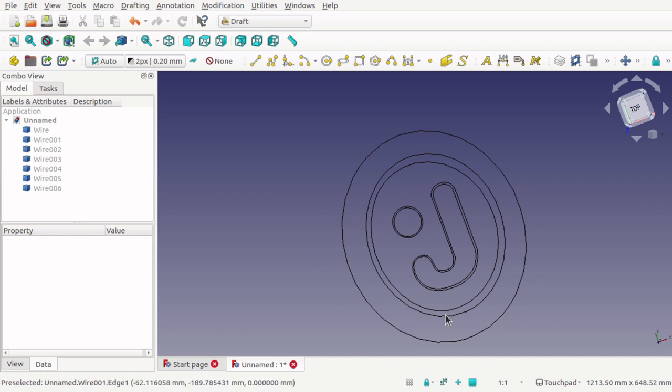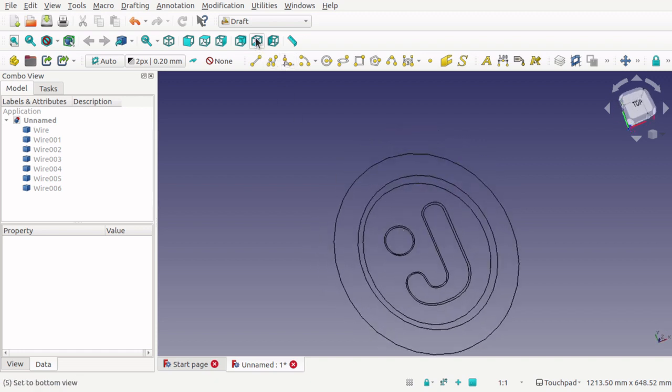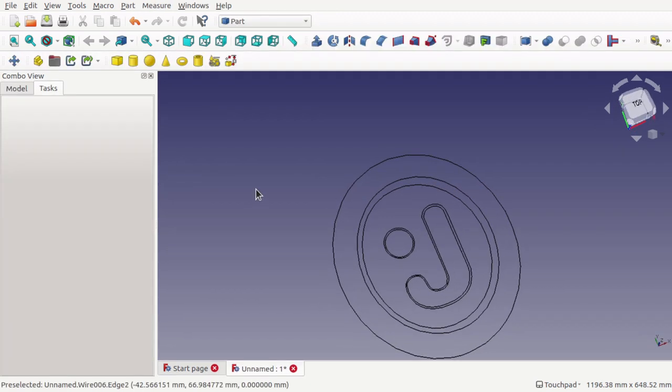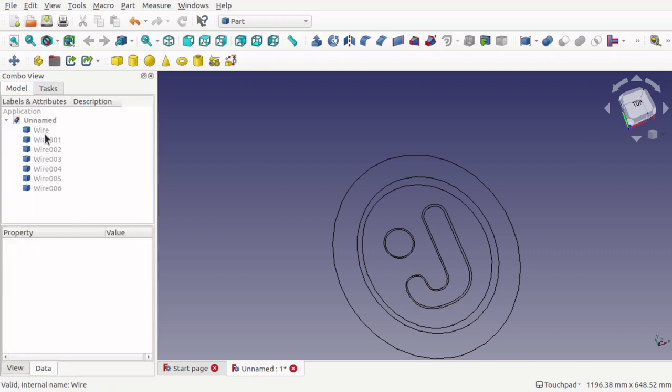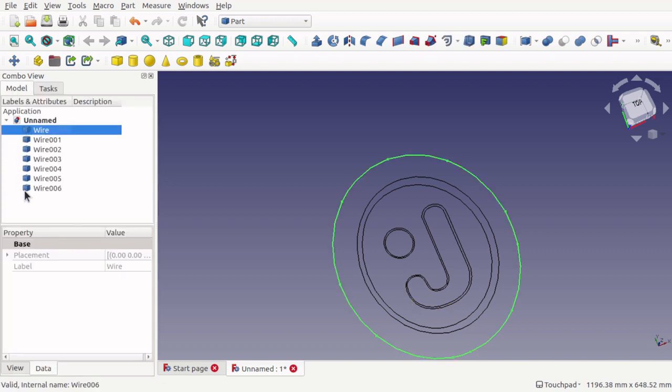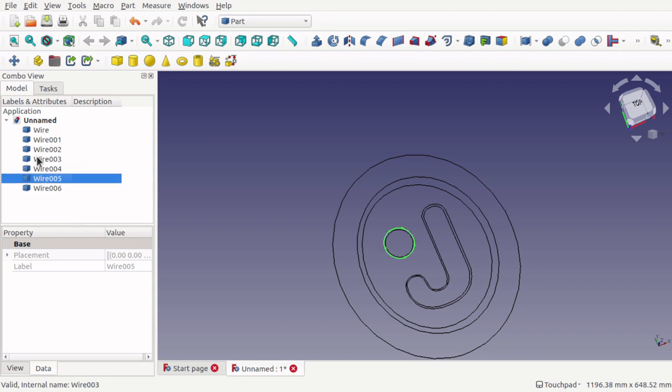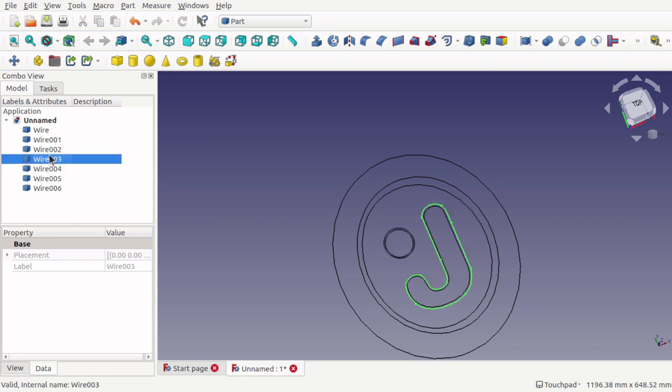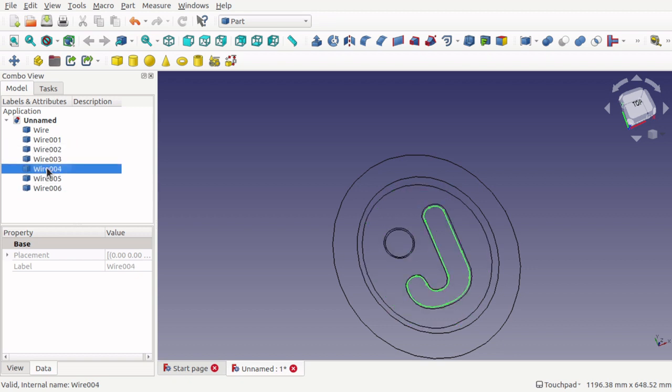What I'm going to do is extrude one of these. So at the moment we've got simple wires there. So I'll jump over into the part and pick one of these. Let's pick the J that's inside here. So go to model, and we're looking at, we'll find it, this one here, or the internals. Let's go for external,